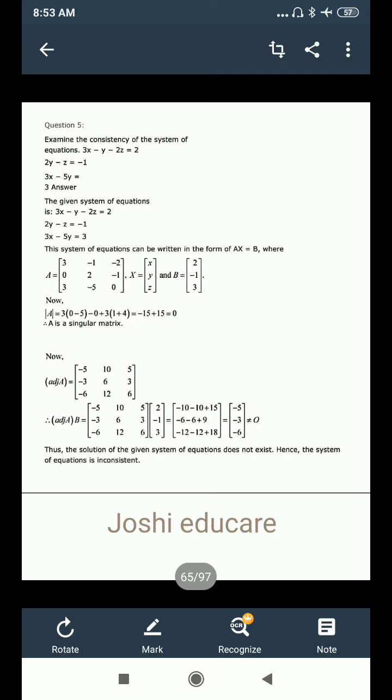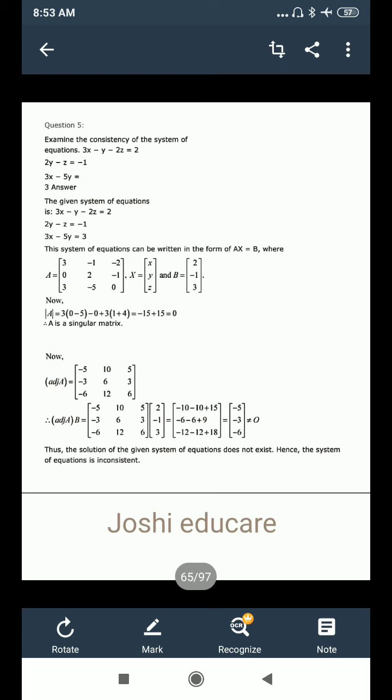Whenever determinant of A is 0, you can't say directly whether the system is consistent or not. When determinant of A is equal to 0, you will have to first find adjoint of A. So you will find adjoint of A yourself. I'm not explaining the same thing again. If you have doubt, go to the exercise of adjoint of A and first solve those. Without knowing the inverse or adjoint of A, you can't do this chapter. So the first objective is to find A inverse directly.